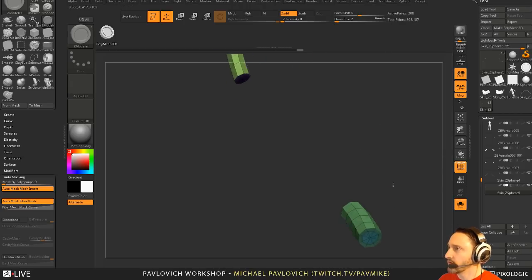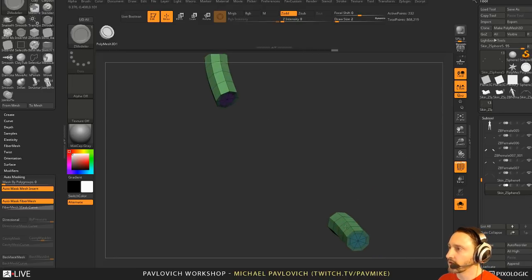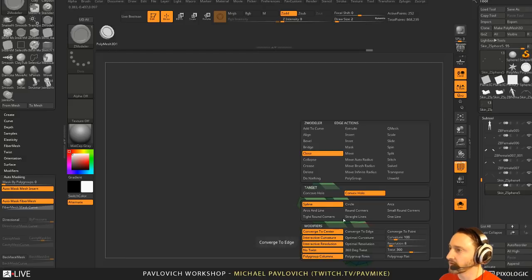And we can move these things out. We can also make these the same polygroup if we want to. Control W. And now we can QMesh these at the same time, and we can alt paint this. We can pop this out. And again, like we did before, and you know what, let's grab that whole top piece here. We'll pull this out. Or, you know what, let's do that here, and then we can slide